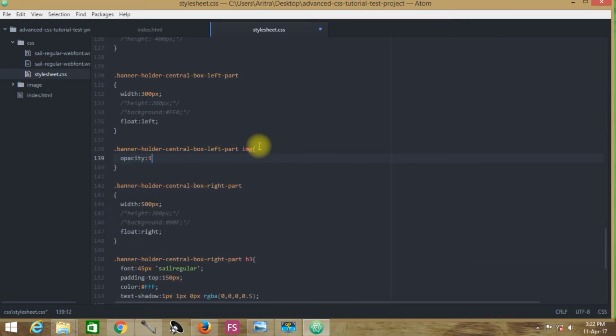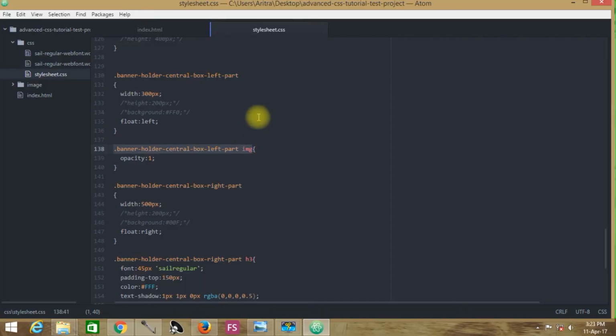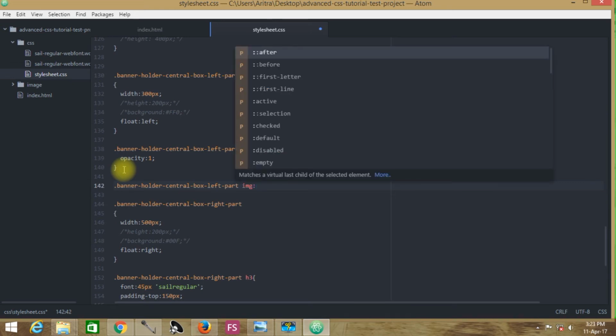This is another crucial syntax in case of CSS3 coding, that we are mentioning that the opacity is 1. That means this image will be displayed with its full feature and in a fully opaque condition. Copying this class name again, and I am now placing it over here, and I am introducing this thing